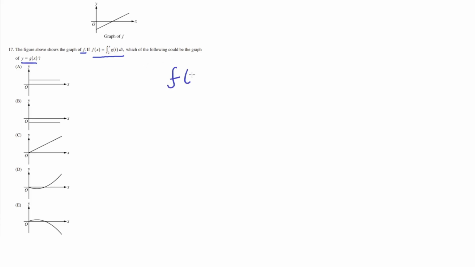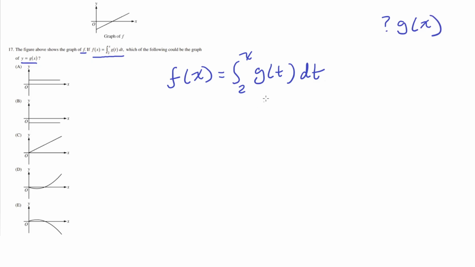So we're told that f of x equals the integral from 2 to x of g of t with respect to t, and then this is the graph of f. We need to find what g of x is. So this is not g of x in here, this is g of t. But what we can do to find